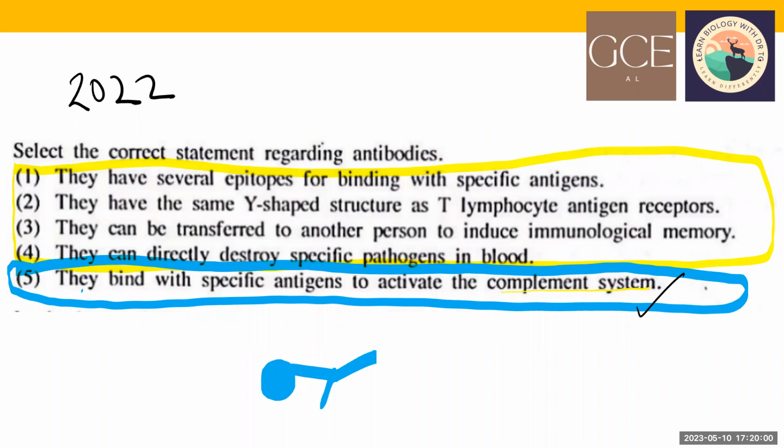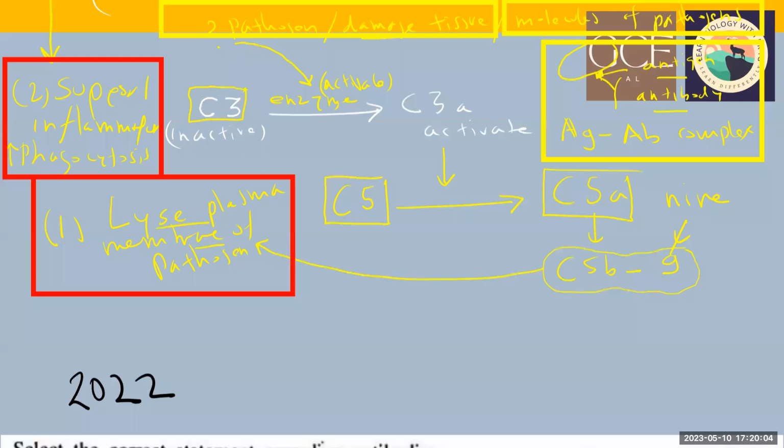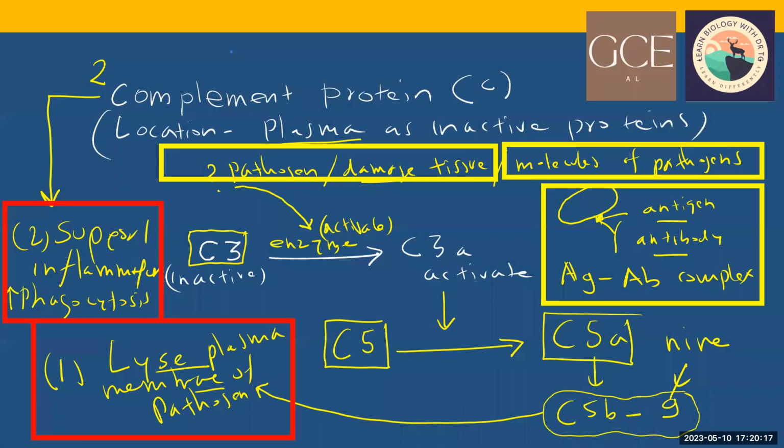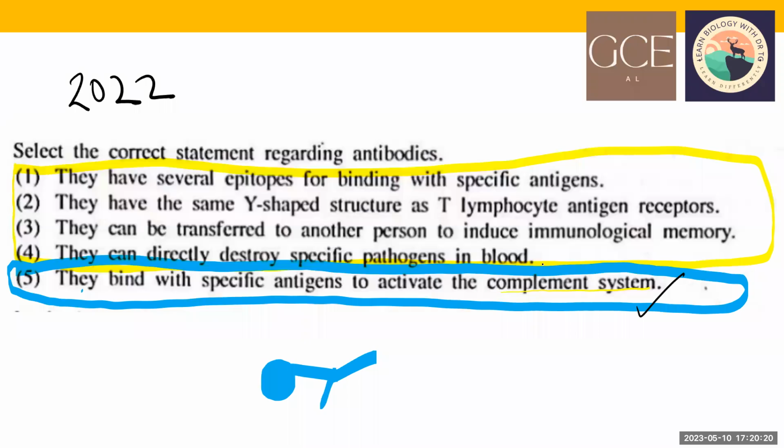remember certain information, and we know, okay, the main thing we learn in the complement system is there are 3 ways of activation: antigen-antibody complex, pathogen, damaged tissue, molecules of pathogen. After that, they activate complement proteins and the complement system. This is the main message we learn here. And the main message is summarized in one sentence: it binds with specific antigen to activate the complement system. This makes it easy. Even if other choices are hard,